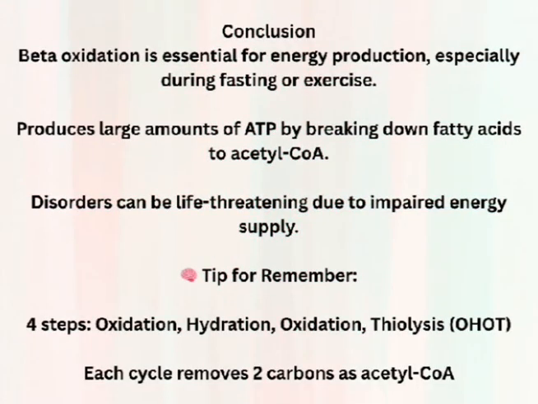Conclusion. Beta oxidation is essential for energy production, especially during fasting or exercise. It produces large amounts of ATP by breaking down fatty acids to acetyl-CoA. Disorders can be life-threatening due to impaired energy supply. Brain tip to remember. 4 steps: oxidation, hydration, oxidation,